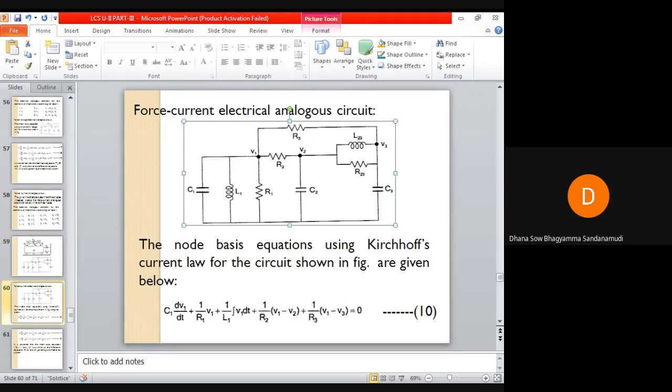So I'm going to modify this so that it will be clearer to you. Just for your sake, that's all. Only for your sake, I'm going to modify this circuit a bit so that you people will not be confused. I don't want to waste anything.